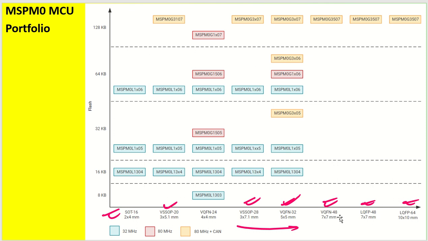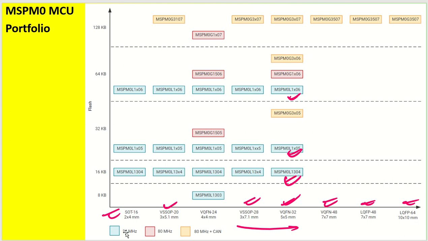So these high pin count packages are available only with the MSPM0G series. So the G series we are not talking about. We will be restricting ourselves to MSPM0L1306, 1305 and so on. You can see this is the device of our target: 1304, 1305, and 1306. These are the three devices, and this will be the device of our interest.